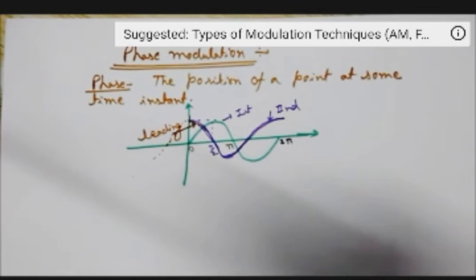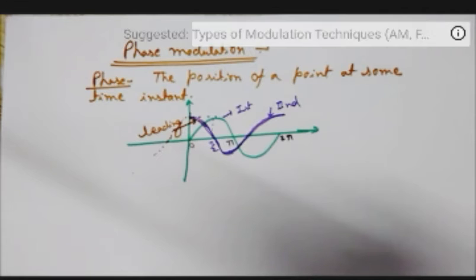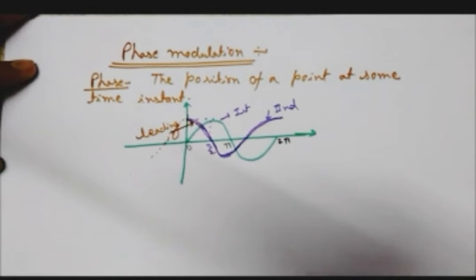So now let's define phase modulation. Now we have come to our topic. In phase modulation, the instantaneous phase of the carrier wave is varied according to the amplitude of the message signal. We will vary the phase of the carrier wave. We have seen in amplitude and frequency modulation that we vary the amplitude and frequency of the carrier. So here we will just vary the phase of the carrier wave.